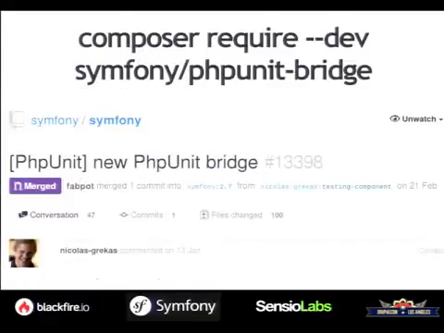The way it works is that you just require the symfony/phpunit-bridge library in your composer.json file in the require-dev section, and then it's going to be enabled whenever you run PHPUnit.